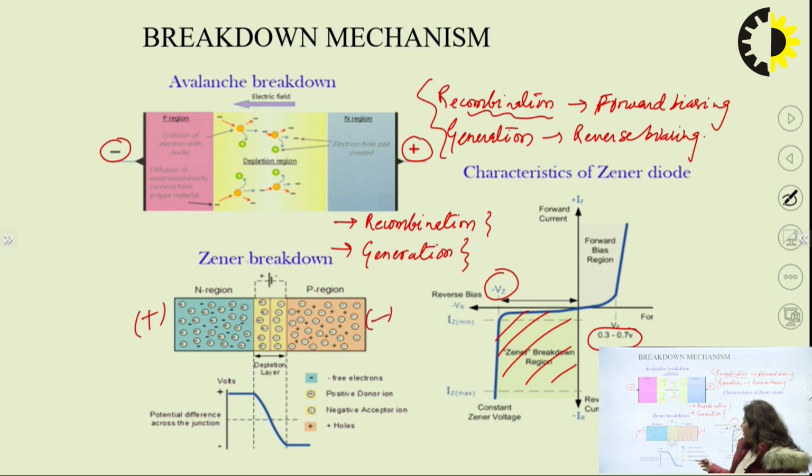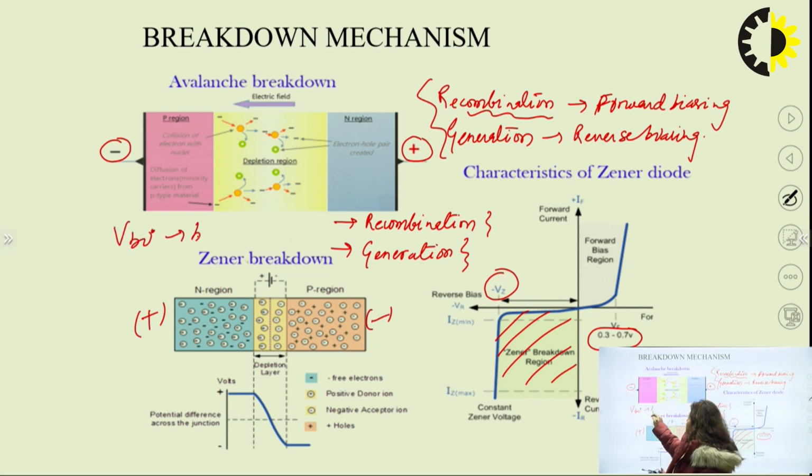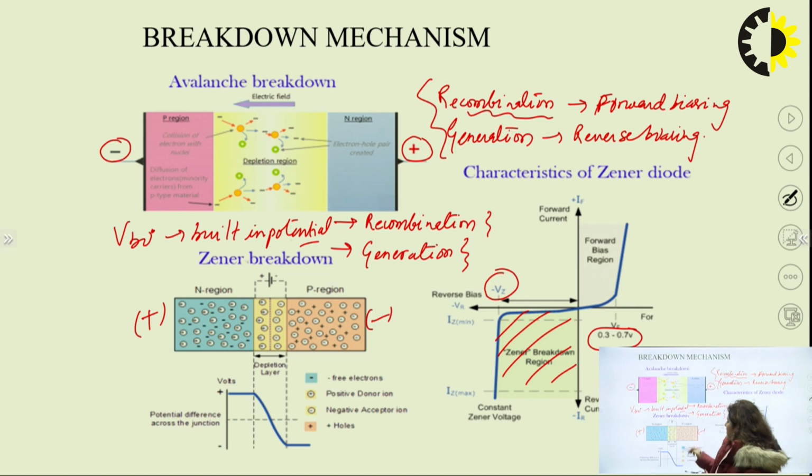So in the same way, we have a depletion layer created in between the P and N region, and a potential difference will be created across the junction, which is called the built-in potential. We have discussed the built-in potential, that is VBI. So there will be some value of built-in potential across the depletion layer,